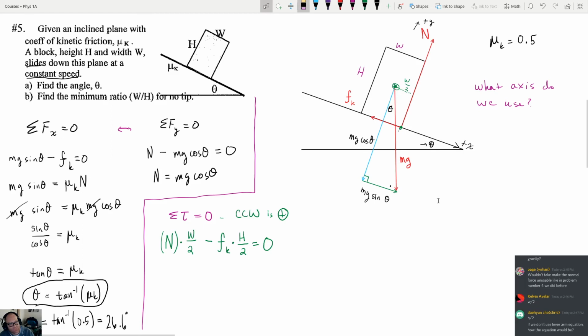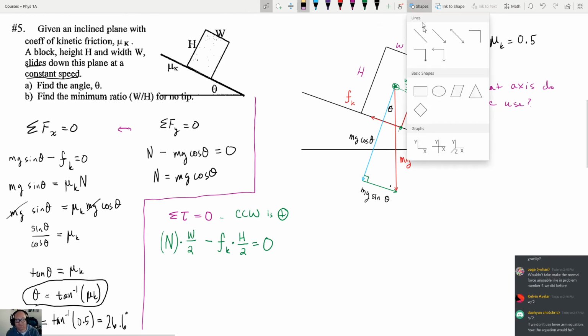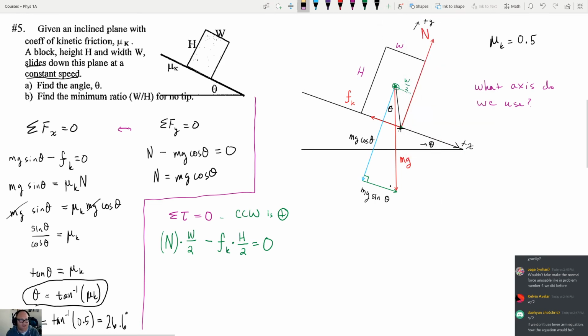Okay. Another question was, if we don't use the lever arm equation, how would it look? Do you want me to write it out, Chris? We can. I can write it out. I guess it could help to indicate why it's so hard. So let's call this distance right here r, okay? And over here to the side, I'm going to say r is going to be equal to